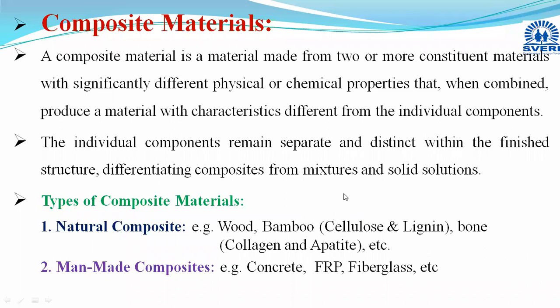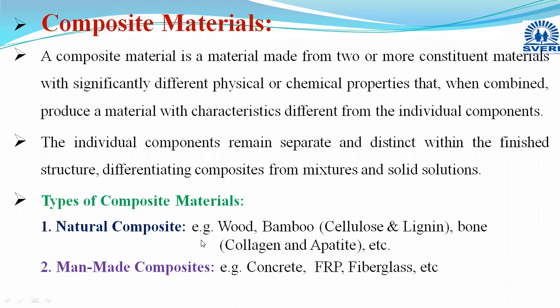Now, in our human body, different bones are there, and all these bones are examples of natural composite material. Our bone is also an example of a natural composite. This bone consists of two constituent elements, that is collagen and apatite. These are natural composites existing naturally, hence they are